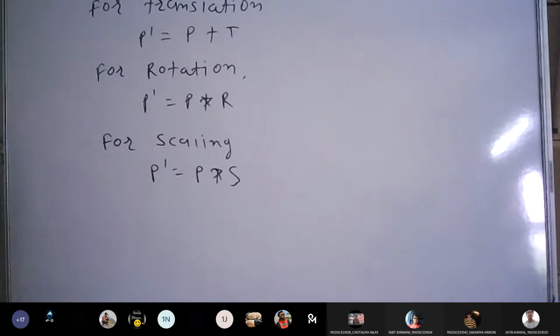Fine, what do we have to do? We need all the equations in the same form. So either in the form of multiplication or in the form of addition. We are going to convert all the equations into multiplicative form. Translation has additive form because we are adding something. But now I want to convert that equation into multiplicative form. For that we need the concept of homogeneous coordinates, and this is what we are going to discuss.